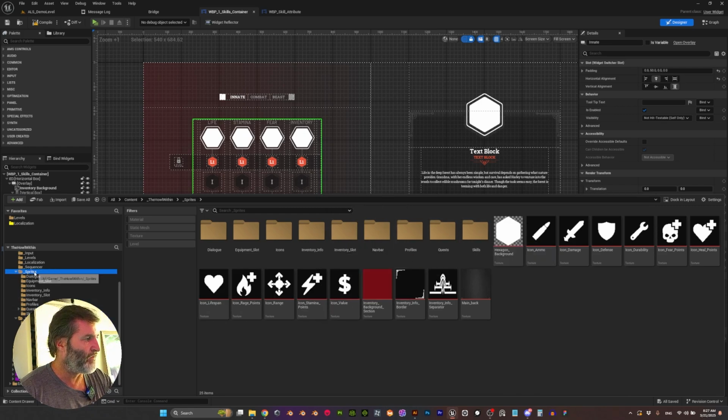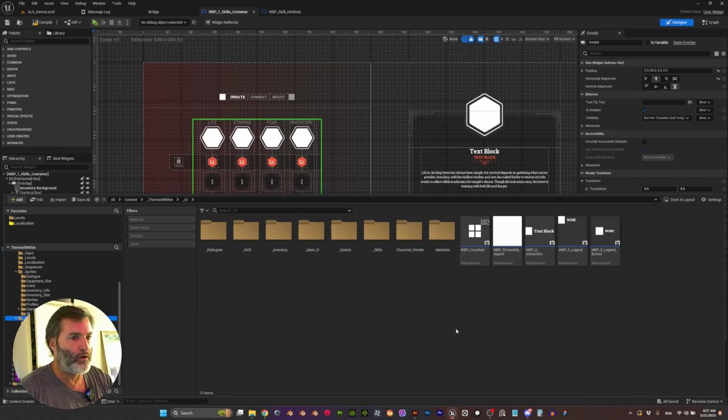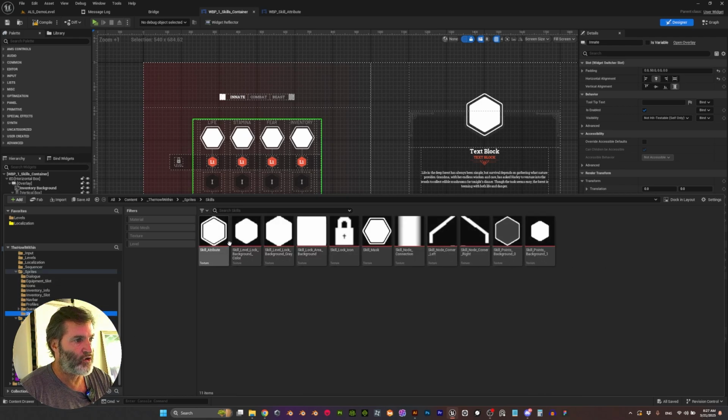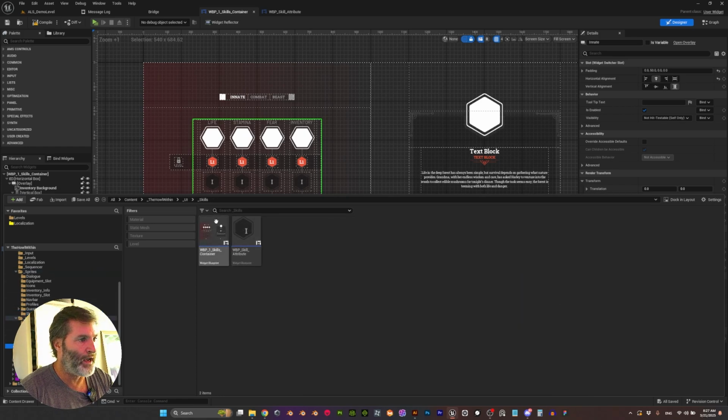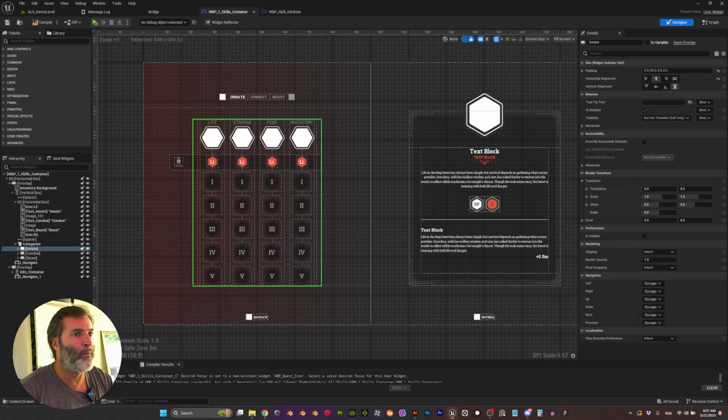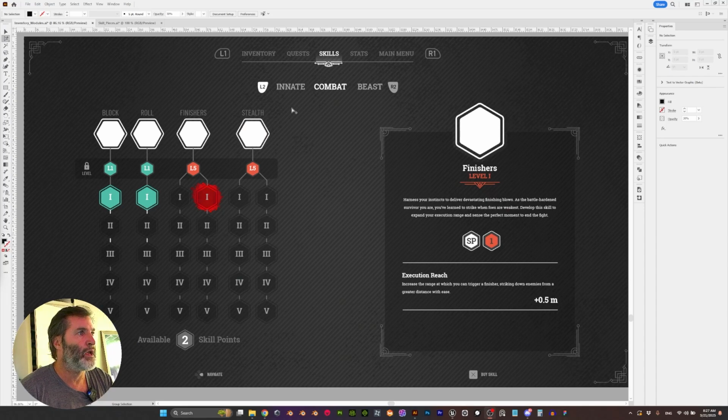In this case I have a folder for sprites, another folder for UI, and then I have, for example, all my sprites here for the skills, and in the same way I have all my widgets here for the skills. So if we go back to Illustrator, I have another document